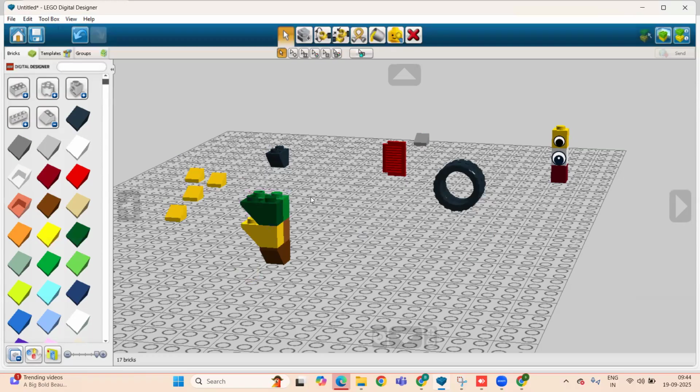I'm going to show you, for example, I'm using the color and shape tool. Then you can see if I'm using this yellow color brick in selection, now you can see the result. No other brick has been selected except this.